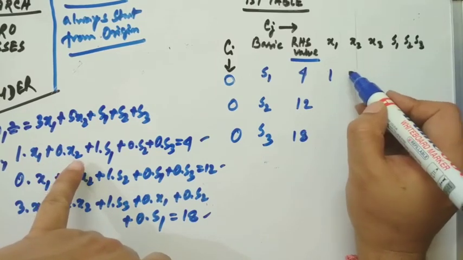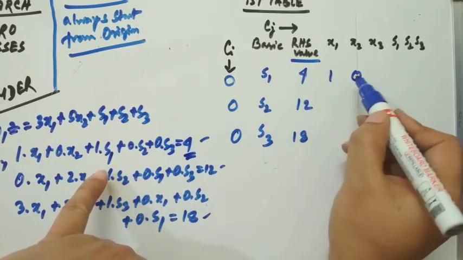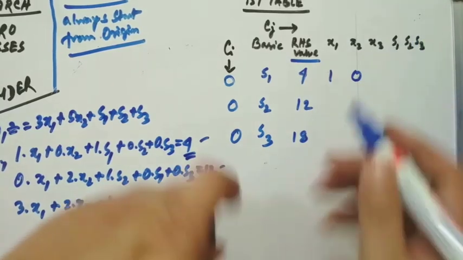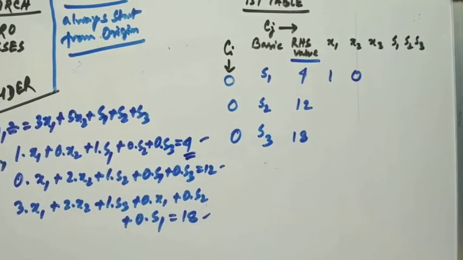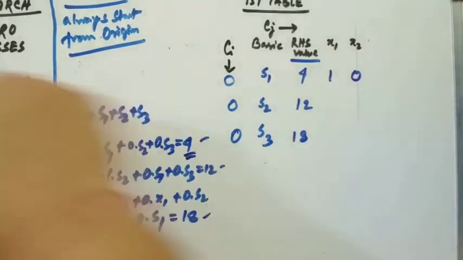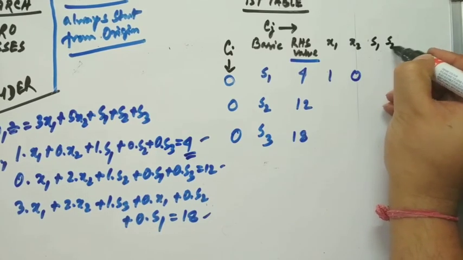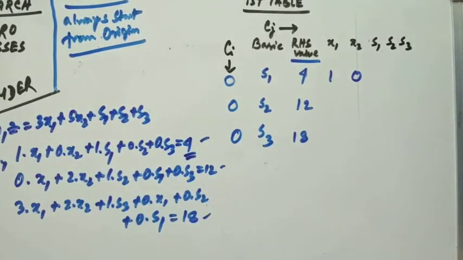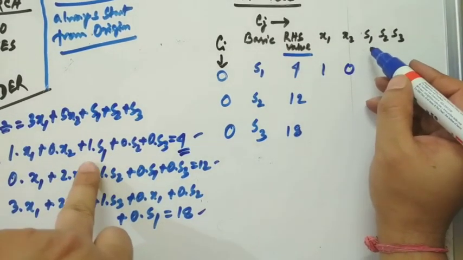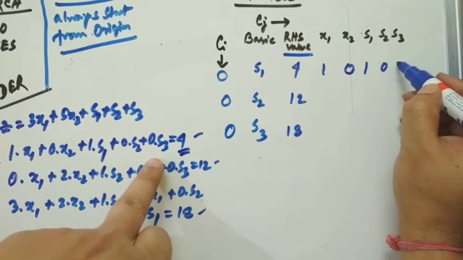For x2 we are having 0. Okay, this is the first equation. 4, corresponding 4, we are writing these values. Okay, x3, sorry, this will not be x3 over here. Sorry, we have no x3 over here. Sorry, my mistake. We are having x1, x2 and s1, s2 and s3 only. Okay, no x3 is there. So let us say S1 is 1, S2 is 0, S3 is 0.